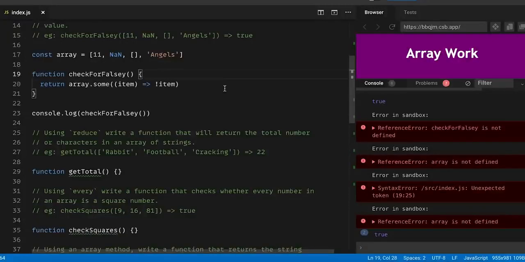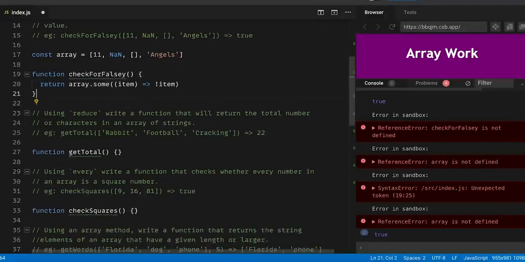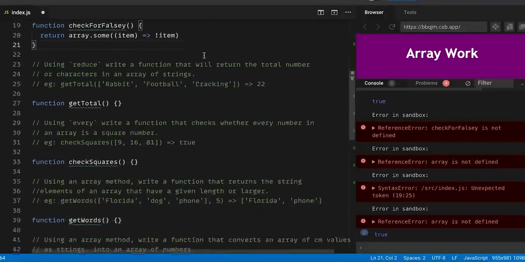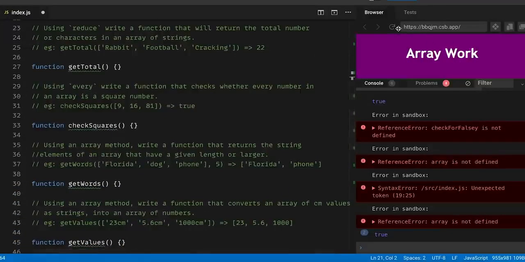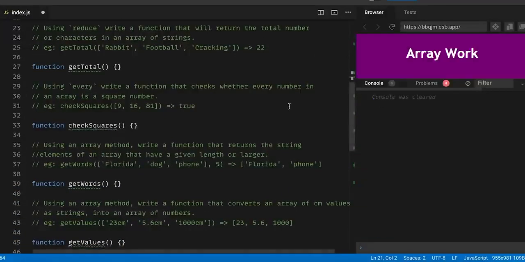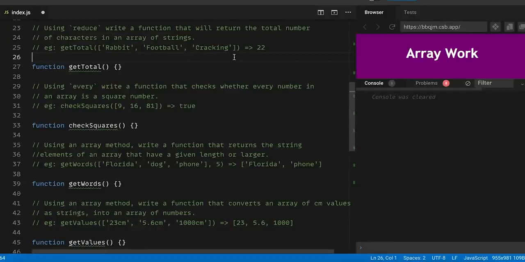Okay, I think it's now time to move on to the next question. So once again, I'm just going to get rid of this and let's carry on. Using the reduce JavaScript method, write a function that will return the total number of characters in an array of strings. So for example, this array of 3 strings, rabbit, football, and cracking, returns 22, as there are 1, 2, 3, 4, 5, 6, 7, 8, 9, 10, 11, 12, 13, 14, 15, 16, 17, 18, 19, 20, 21, 22 characters